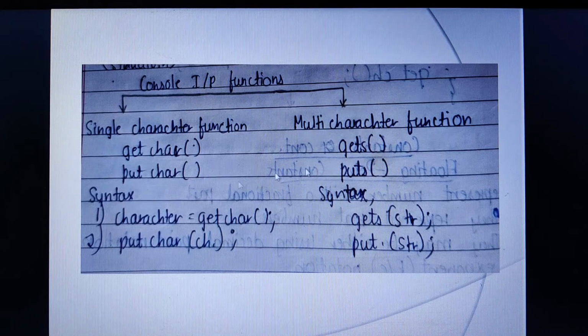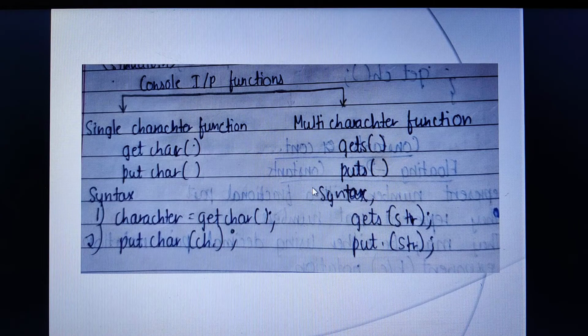Similarly, if I have to print the multiple characters, instead of the cout object, I can use the puts function. So there are some alternatives. These are the inbuilt functions which are used to read and print single characters and multiple characters. The syntax is: whatever you have read through getchar will be assigned into another variable, and when you print that particular character, the answer will be shown. Similarly for putchar, the gets function and the puts function.